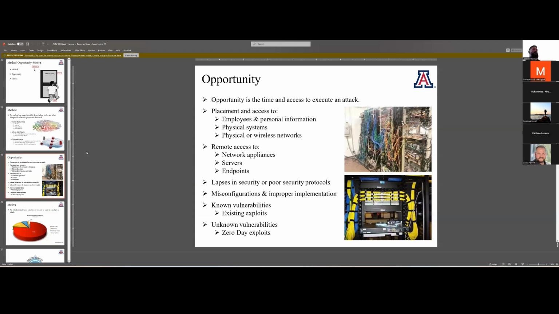Now, opportunity: you're going to have time and access to be able to execute an attack. Or placement and access is probably the better term there, right? Being able to be close to something. And going off of these pictures, this organization probably has no concept of physical, administrative, and technical controls. We're surviving, we're not thriving.